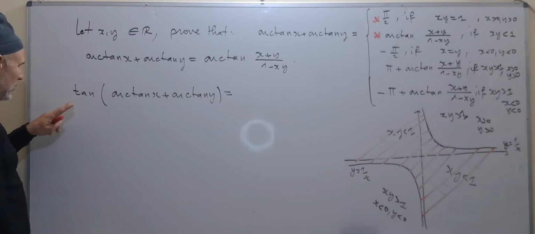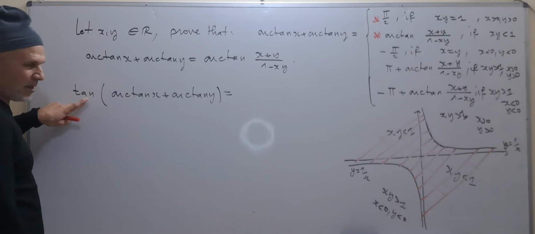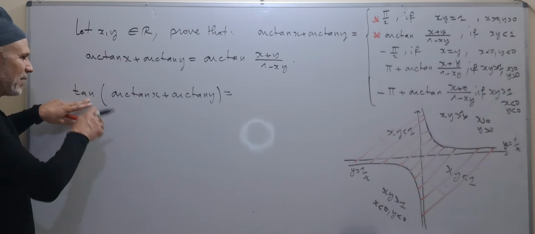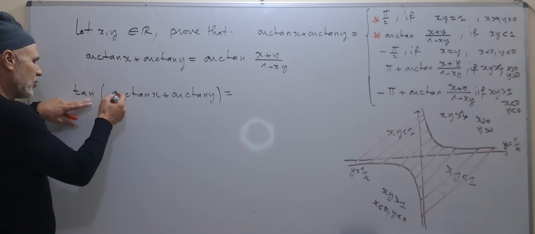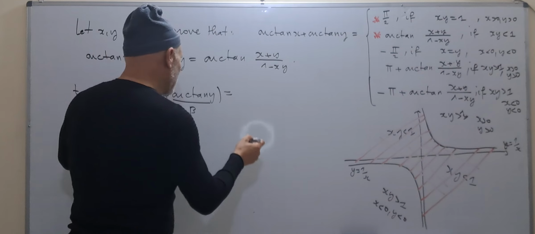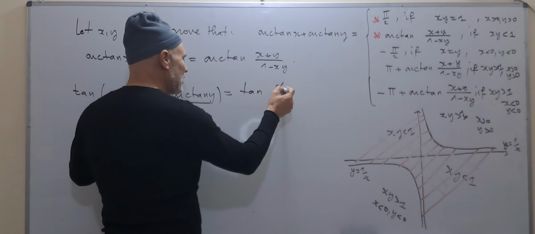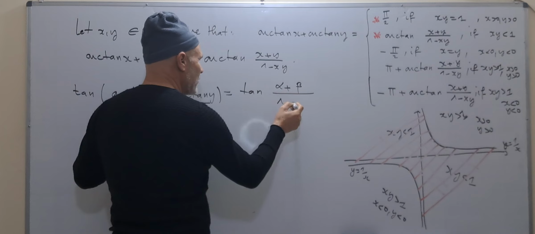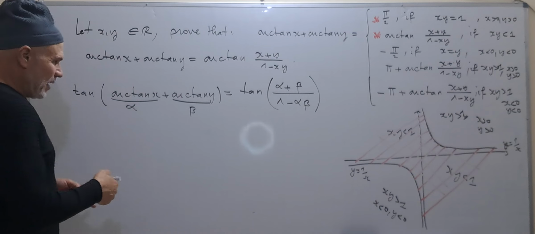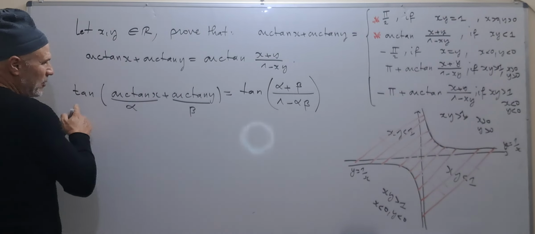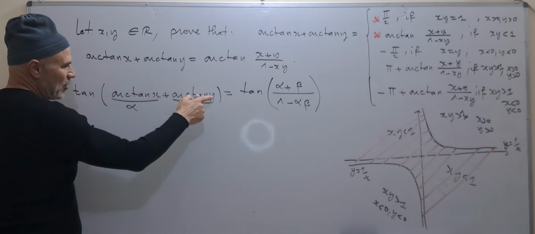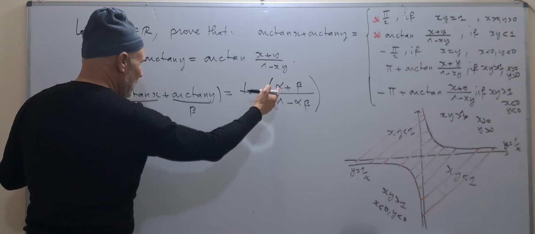This is equal, by the property of the tangent function, you can consult a previous video of mine, you will find this proof, tangent of alpha plus beta equals tangent alpha plus beta over 1 minus alpha beta. So in this case we have tangent of arctangent x plus arctangent y, so it is equal to alpha